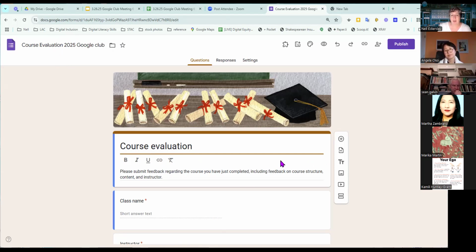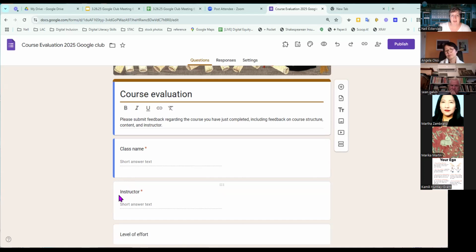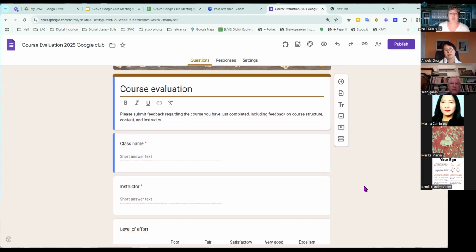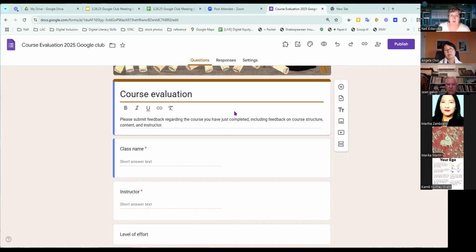So they've already put a lot of stuff in here, right? We have class name, we have instructor. What does this little red asterisk mean? Required field. Required field, exactly. So in here right now, nothing is actually being edited, but I see this blue line down the side. And generally in Google, the blue line always indicates where you are, what's active,